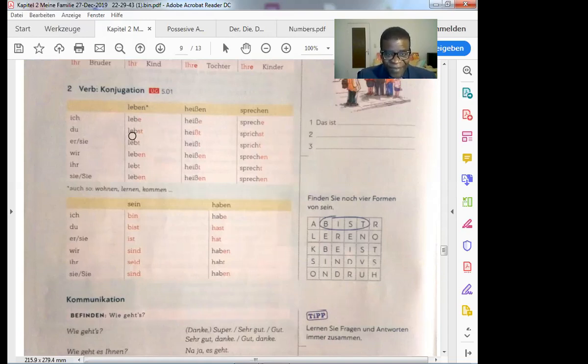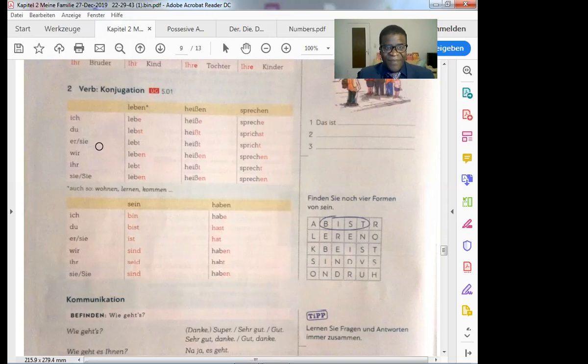Du, the same verb, I'm going down. Du lebst. Du ends with st. Er or sie, er, remember, is he, sie is she. Lebt. When you talk about somebody, I'm talking to a second person about a third person, like Martin lives in Hamburg.